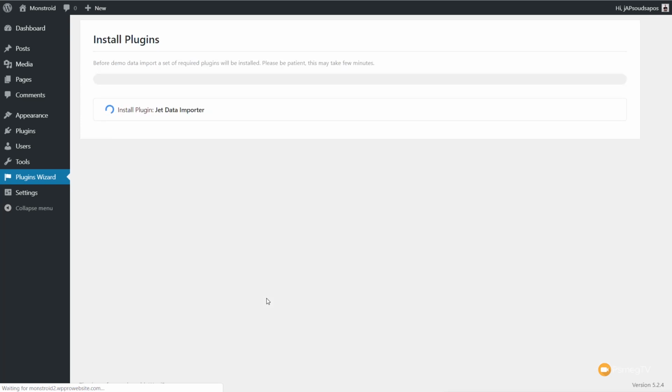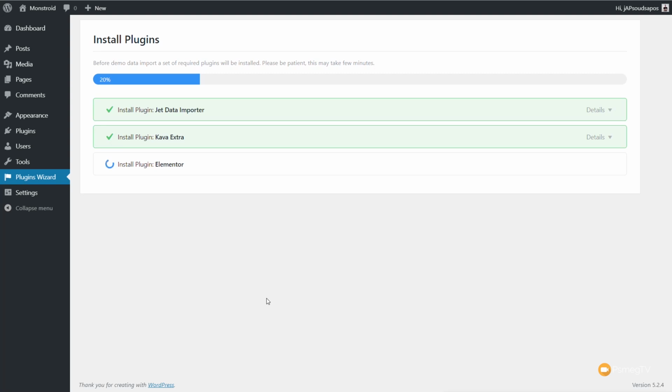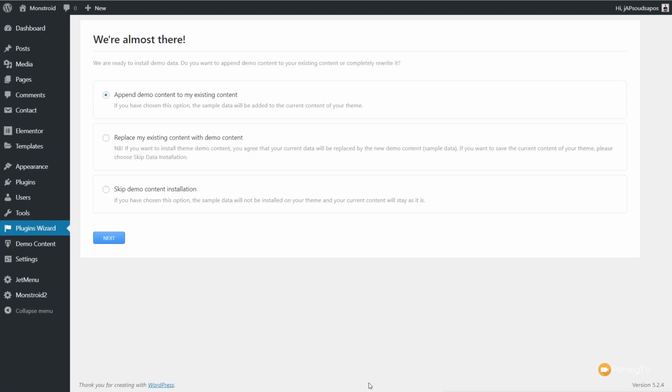That will then take us through to a little meter that then shows us the whole process of the data importer, installing all the plugins and all those kinds of things. So I'm going to pause the video, let that run through installing everything, and then we'll take a look at the next stage. Now that all the plugins that we've chosen are installed, we have the next option, which is